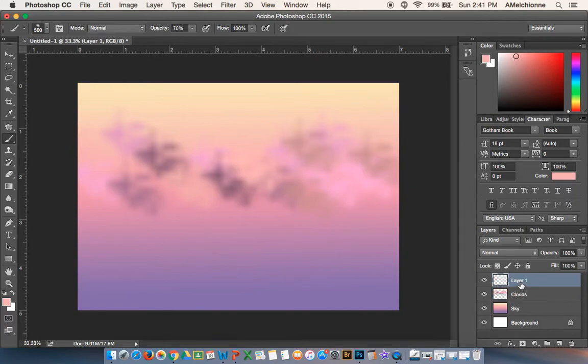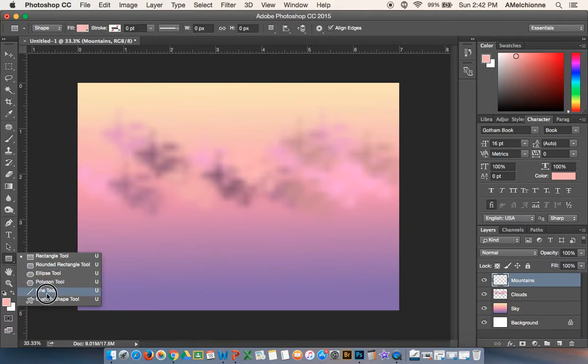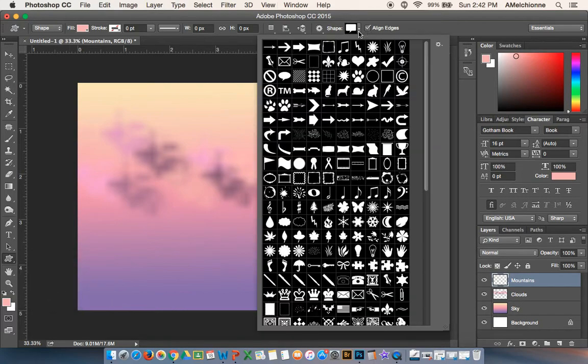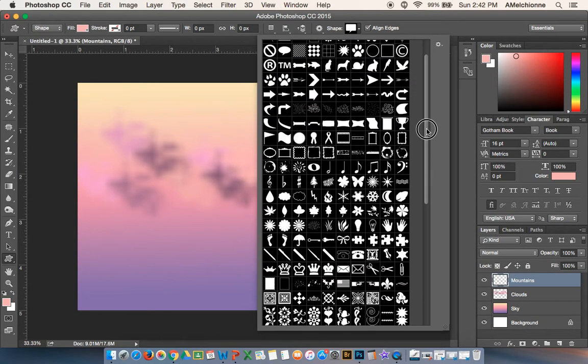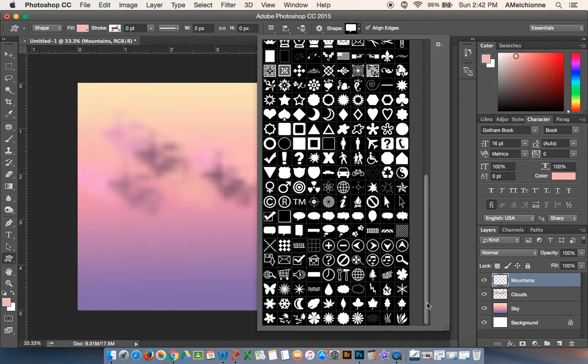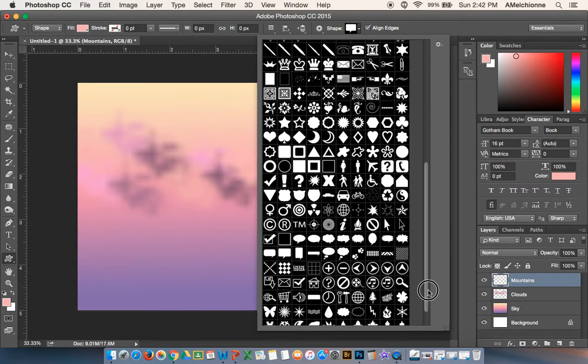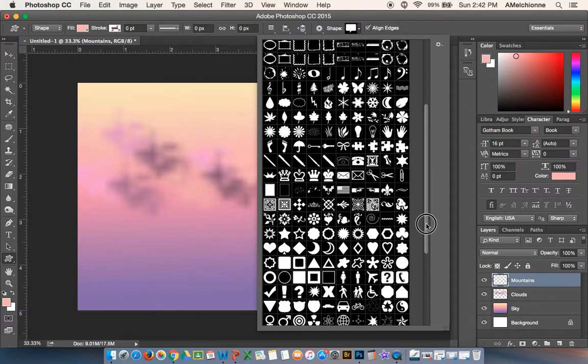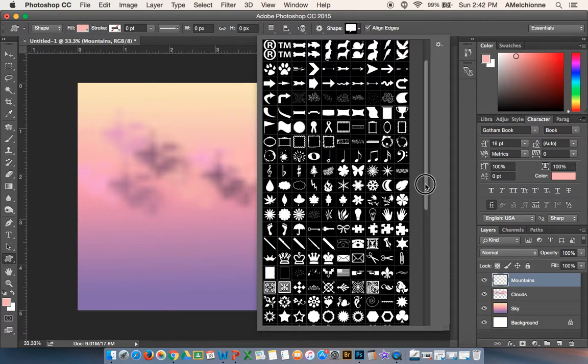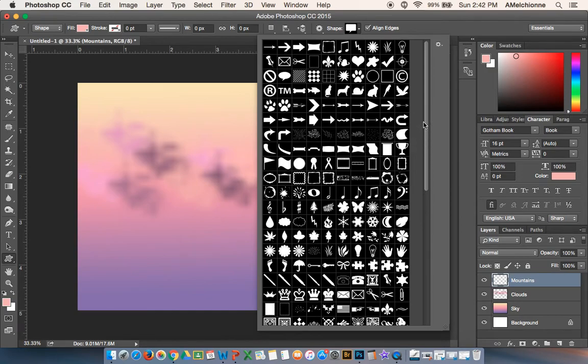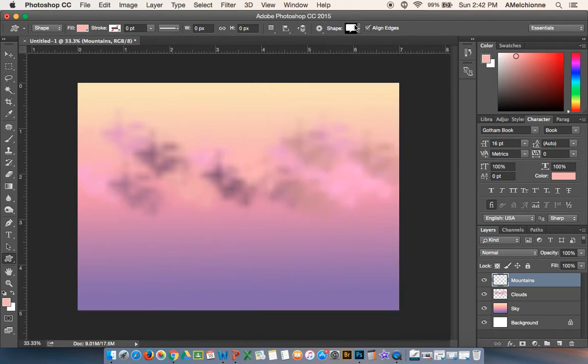Now I'm going to add a background layer. So let's call this mountains. Again, you can go with your brush tool here. You could also try maybe a shape tool if you wanted to. You could do a custom shape tool. There's some presets here that you can play with. Let's see if there's anything that would work for mountains. I'm not seeing anything I like, so I'm going to create my own shape